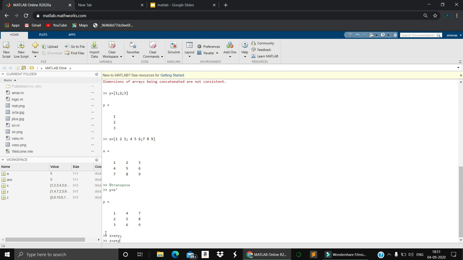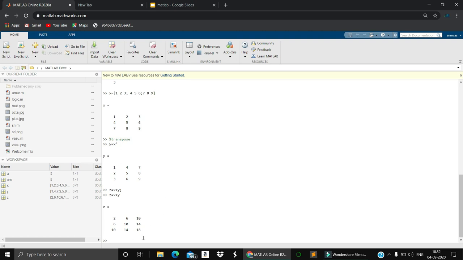So here matrix addition is performed. Let me check whether it is performed correctly or not. x plus y: 1 plus 1 is 2, 2 plus 4 is 6, 3 plus 7 is 10. So it is absolutely correct.